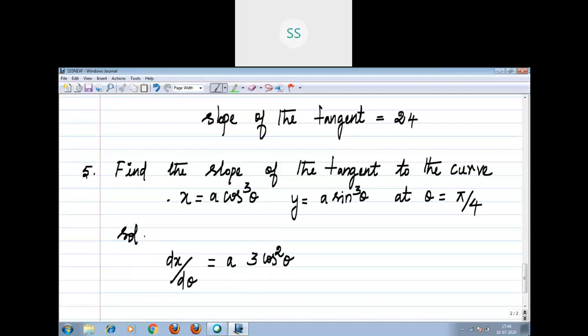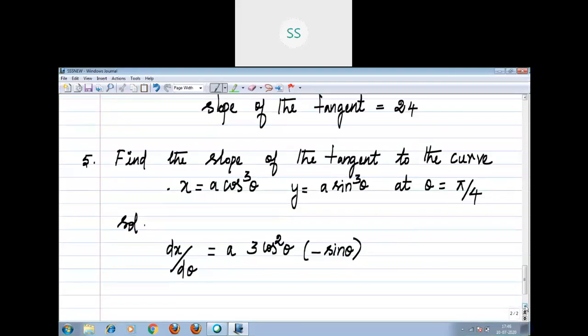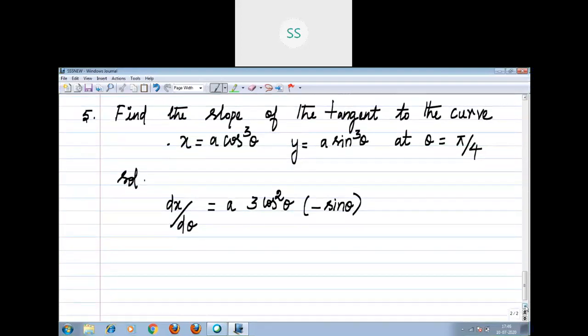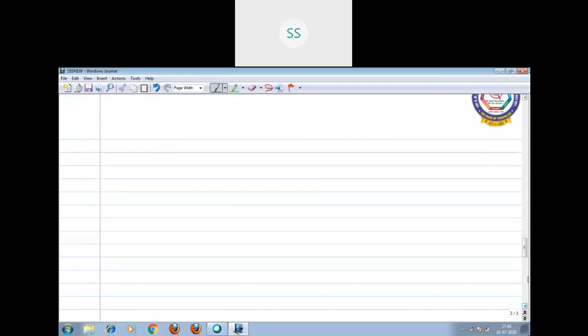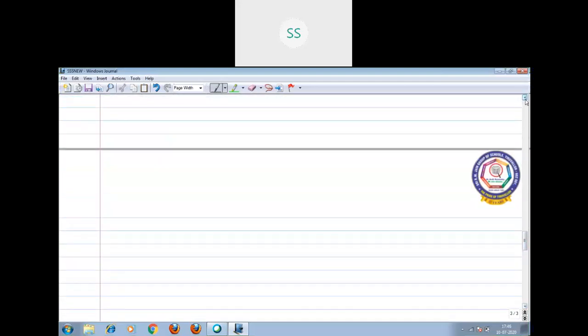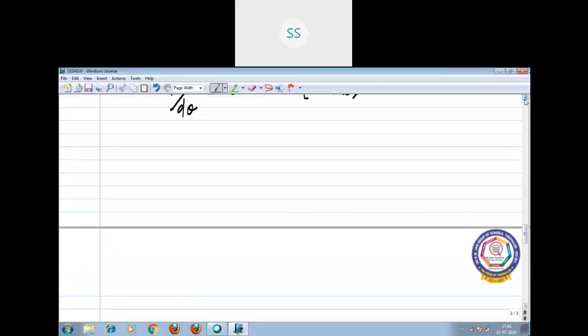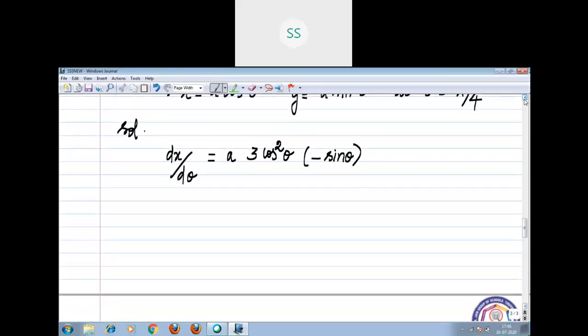But here in the place of x, you have cos theta. When you differentiate cos theta, what will you get? Yeah, very good. Minus sin theta. You have to recall the formula on and off, right? You people should write all the formulas one time daily, so that you are thorough in the formulas, right? Now I will pass on to the next part. We want to find dy by d theta, right?